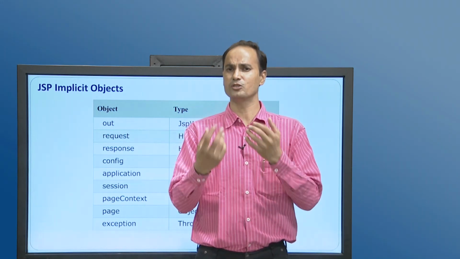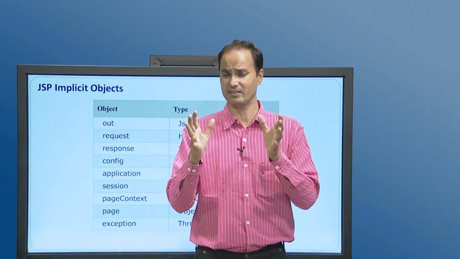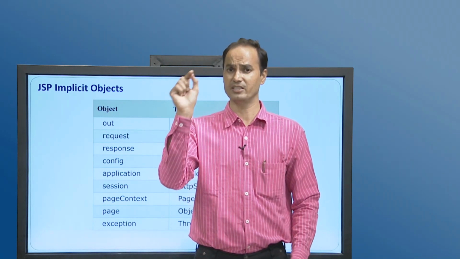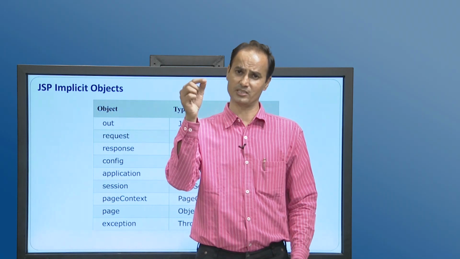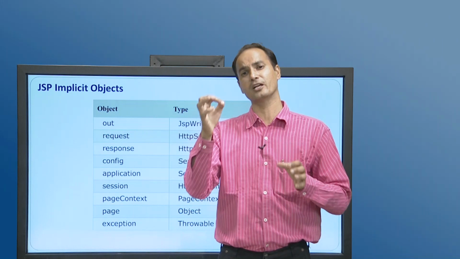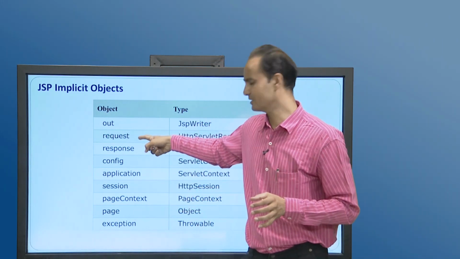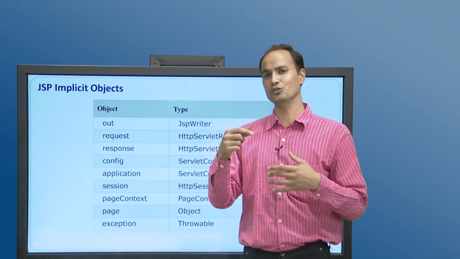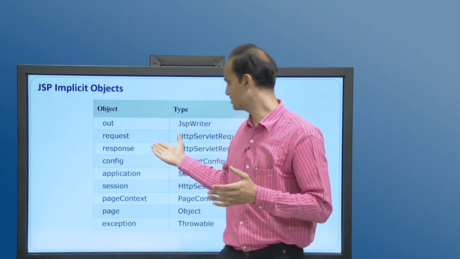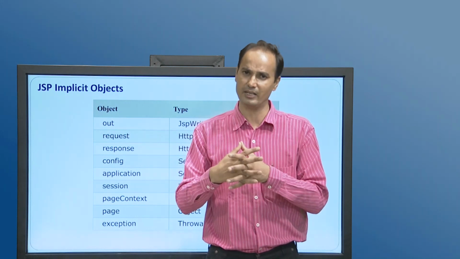So, if you want to fetch the parameters submitted by the user, let us have an example: in a servlet we need to have the instance of HttpServletRequest, and then we can use this request instance to get the parameter. But in a JSP file we can directly use the request instance, it is an implicit instance, so we can directly use request.getParameter. In the same way, to send the response, there is a response implicit object that we can access and send the response back to the client.